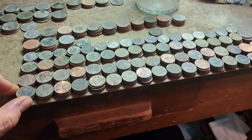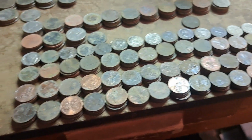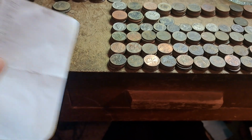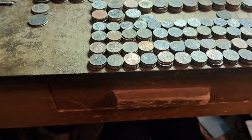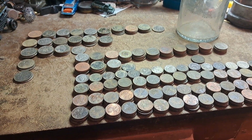On my metal detector, they kind of ring up similar. Those and the early wheat pennies, they kind of ring up similar. So that was pretty good. The total was $34.49, which, I mean, that's better than last year by a wide margin because I didn't hardly do any metal detecting in 2024. So we'll move right along into the